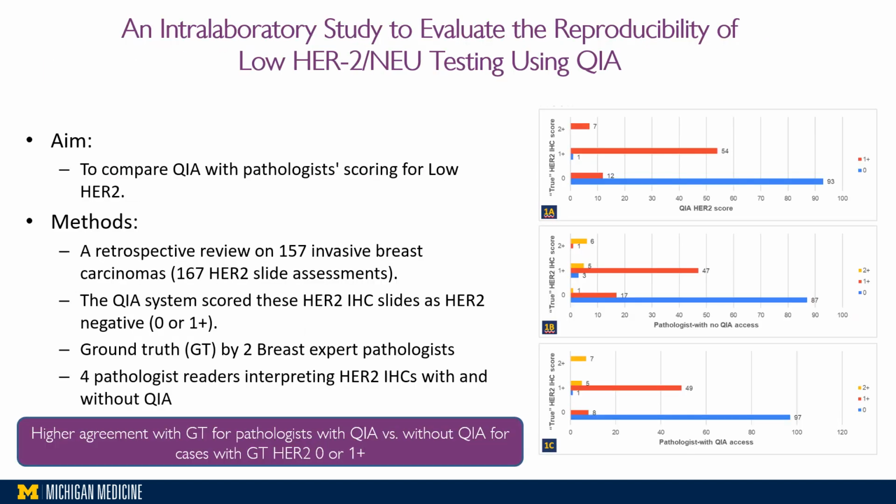And especially now, with the new companion diagnostics available for the HER2 low classification, and emerging computational biomarkers, we may be poised to inform which patients may benefit from receiving these therapies that we would have otherwise missed based on our current methods of testing. So in an attempt to address the issue of inter-rater discordance, we decided to conduct a study. The aim of our research was to compare the scoring of low HER2 by the quantitative image analysis system with the scoring by pathologists. And to achieve this, we conducted a retrospective